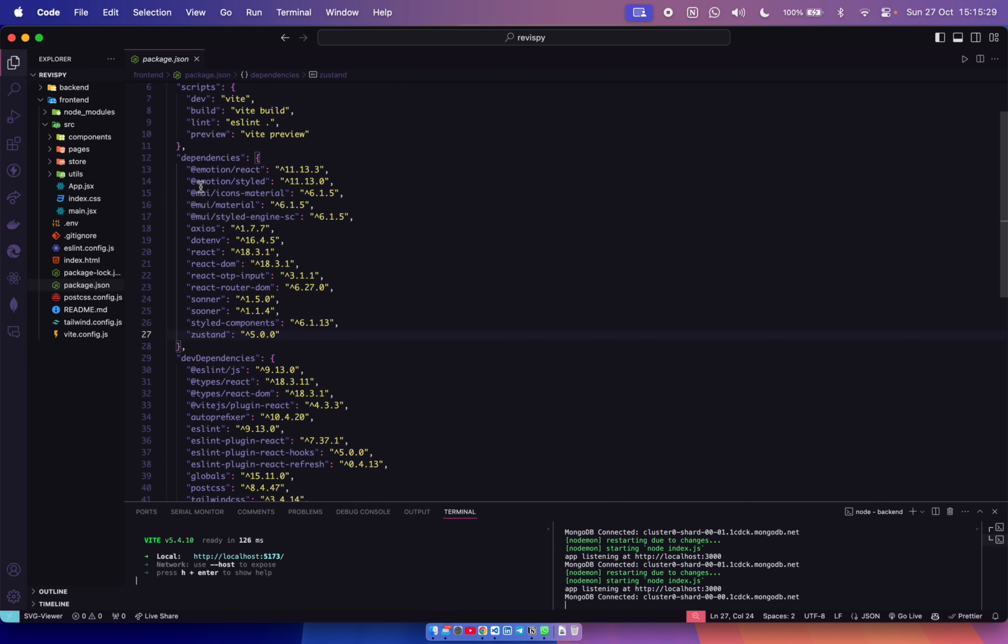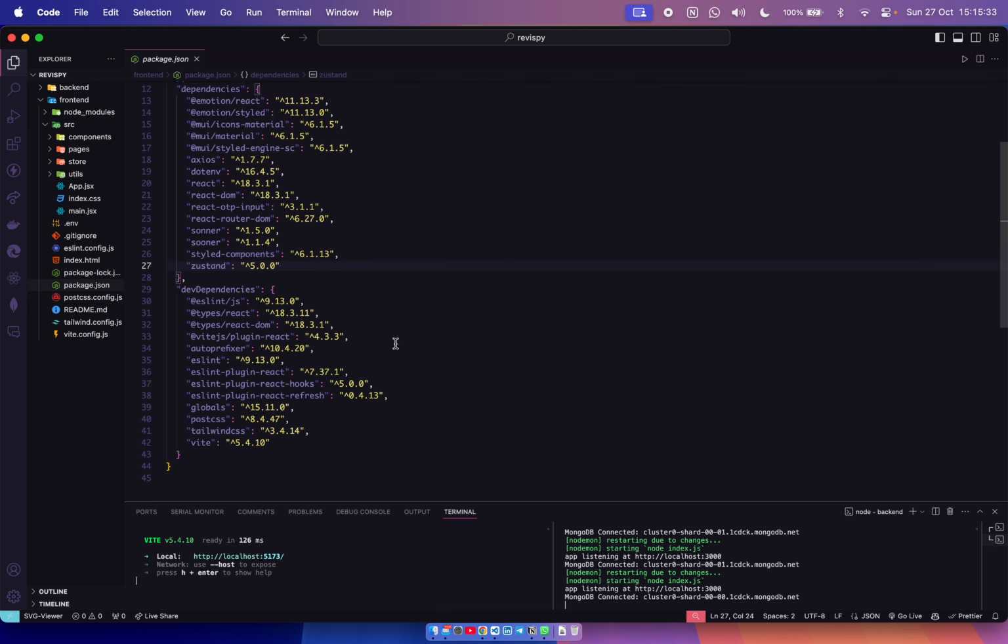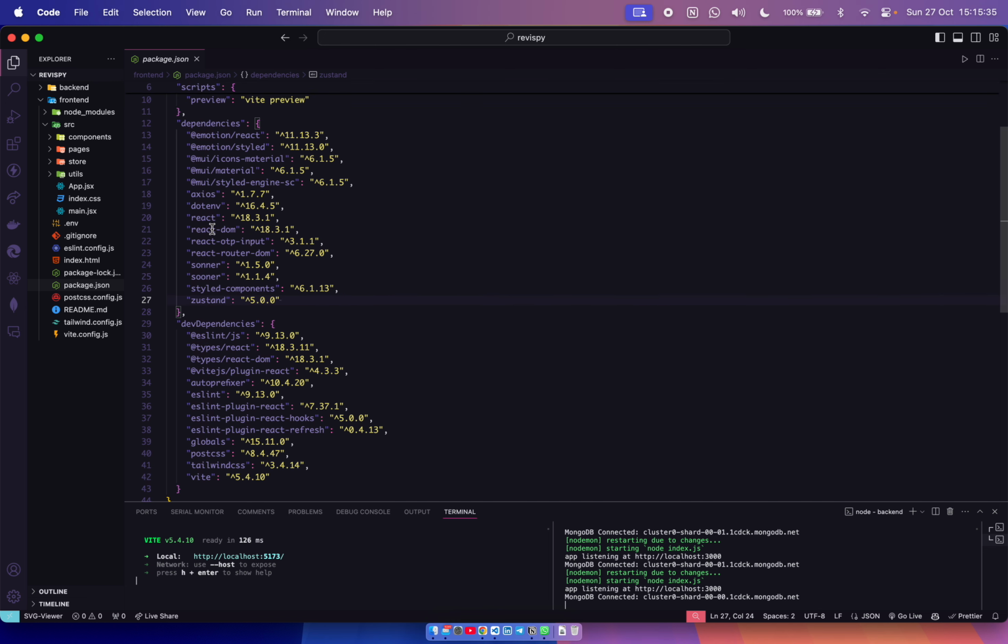First of all, I have used React plus Tailwind to design the application. After this I have used the Material UI icons, Material UI themes, and styled components also from Material UI. Axios is used for API requests or fetching the data.